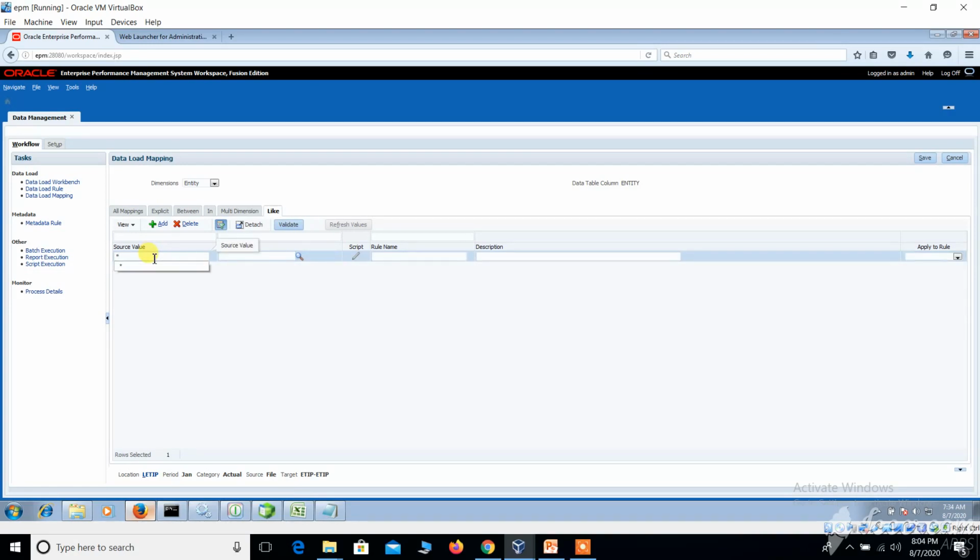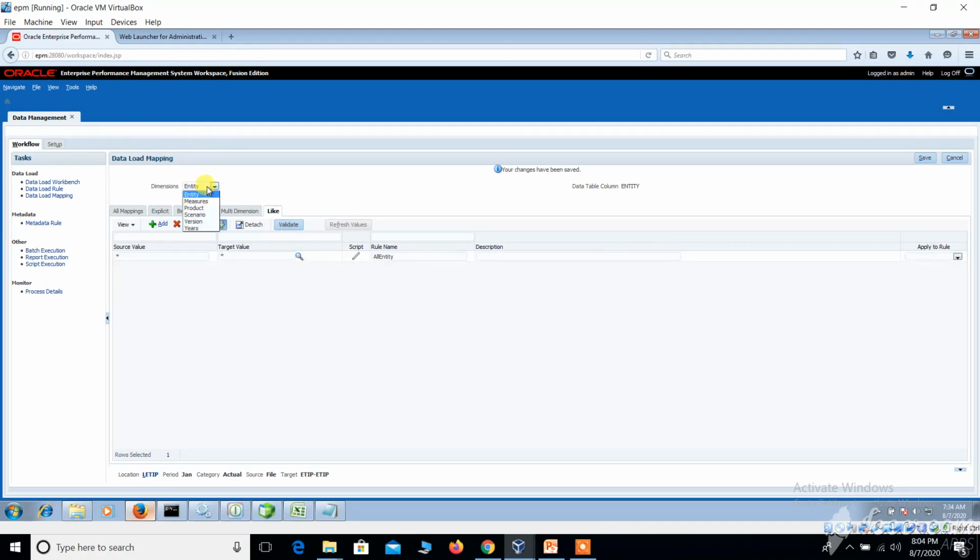Star means it gives all source values. And then target is the star, all target values, and rule name I am giving as all entity. Just click on save.